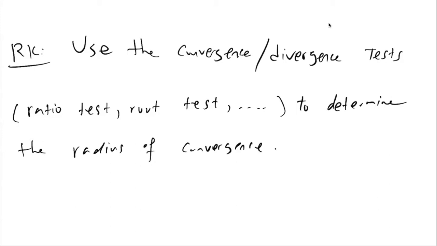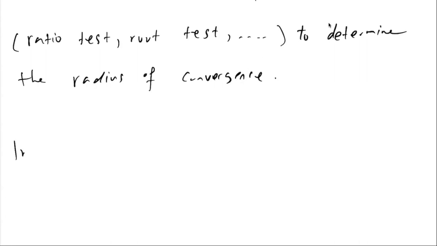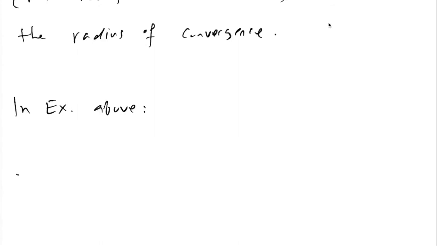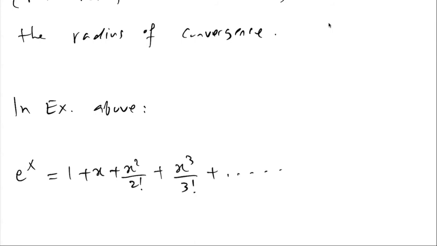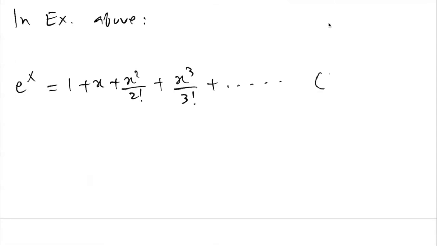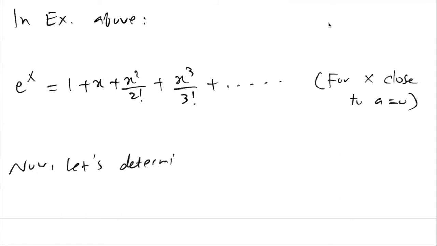Now let's look at the example above. In the example above, we saw that e to the x is equal to 1 plus x plus x squared over 2 factorial plus x cubed over 3 factorial, for x close to a equals 0. Now let's determine the radius of convergence